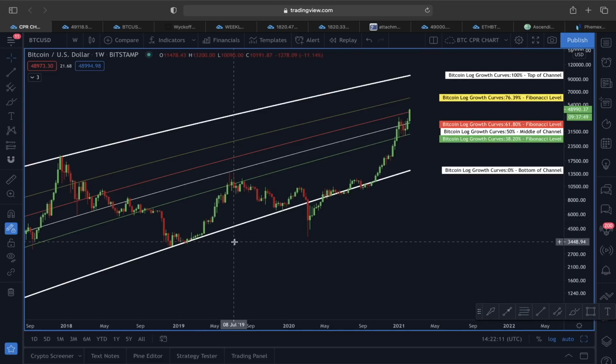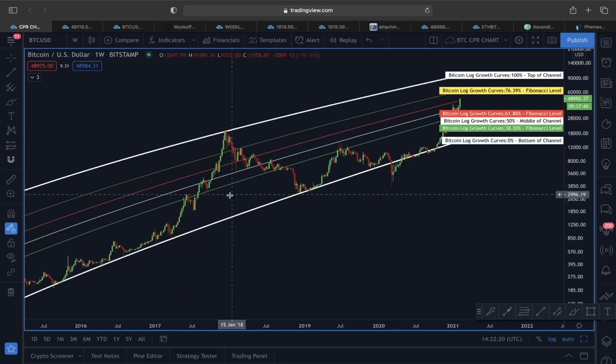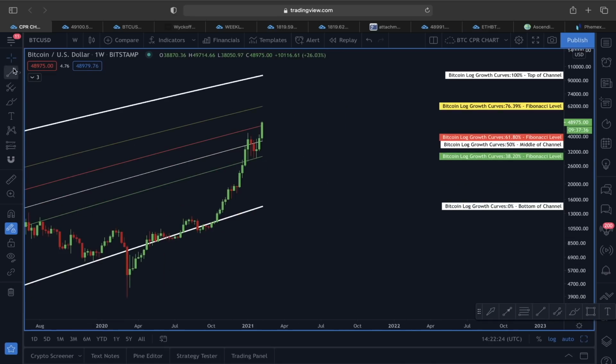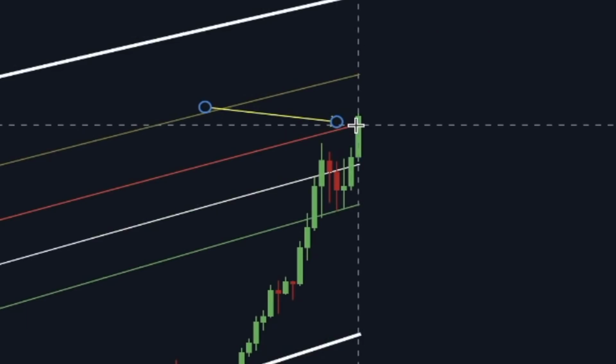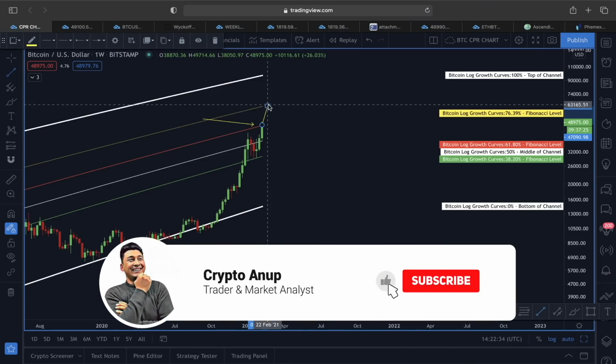So today in this video, I'm going to give you a very interesting update on what could be playing out next for Bitcoin and Ethereum, because right now, if you monitor this price movement of Bitcoin USD using this Bitcoin logarithmic growth curve, you can see guys, since the price of Bitcoin right now has clearly pierced through this 61.80 Fibonacci level, there is a very likely scenario that we are going to move towards this 76.39% Fibonacci level, because